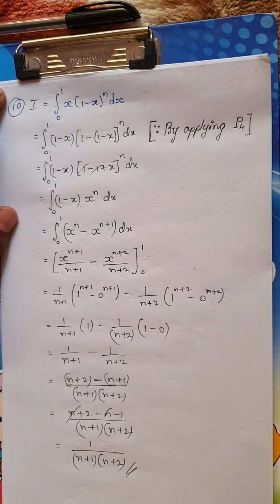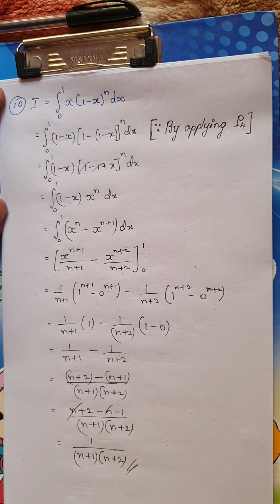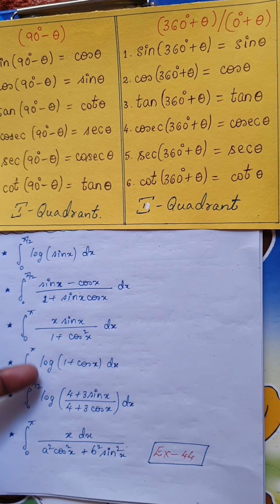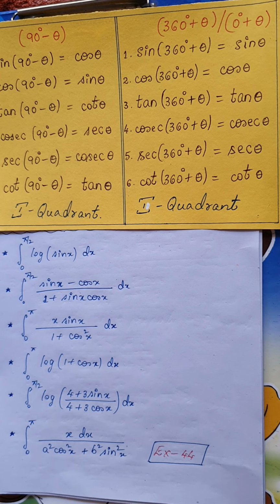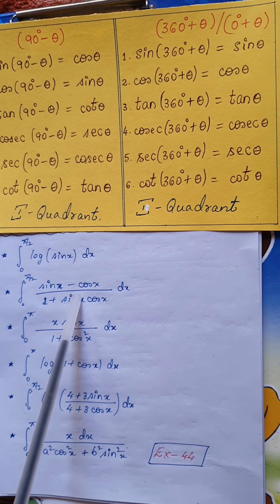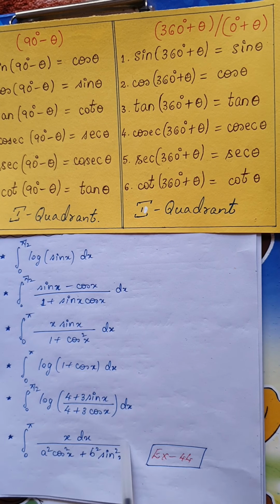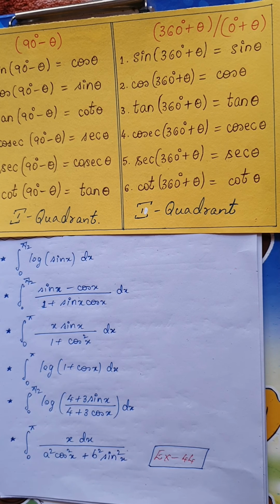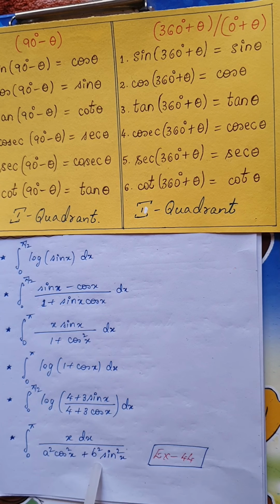Is it clear? Very easy sums these are. If they give you this in your examination for 6 marks along with the proof, you can easily solve this. Dear students, before winding up this session, I am going to give you 6 questions which are also eligible to be asked along with the property we have just proved. These 6 questions I am giving you as an assignment to solve using the property.